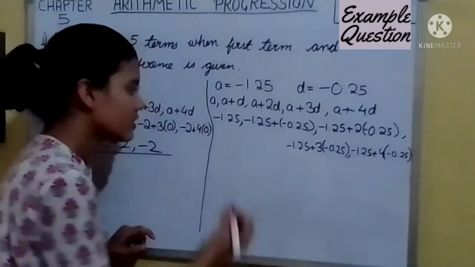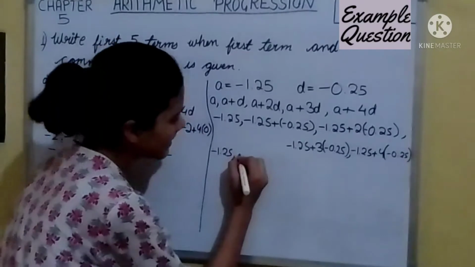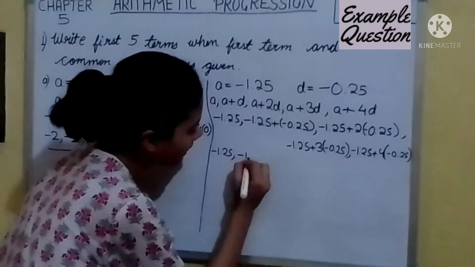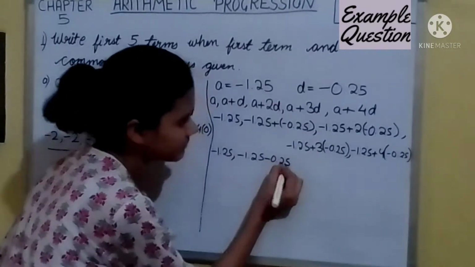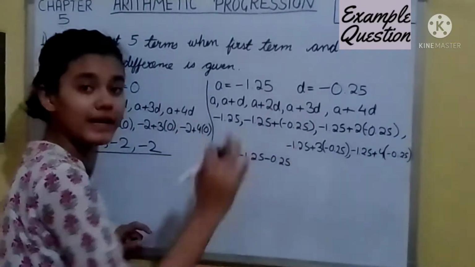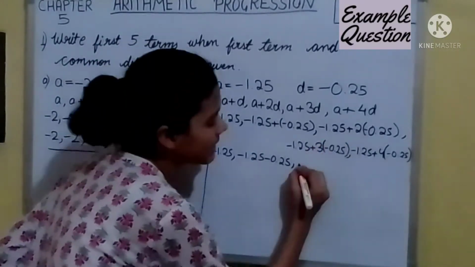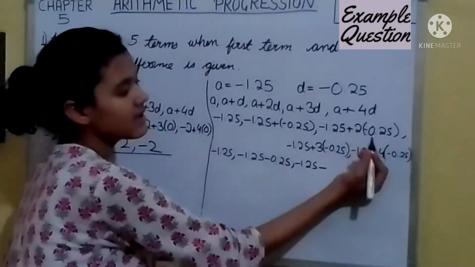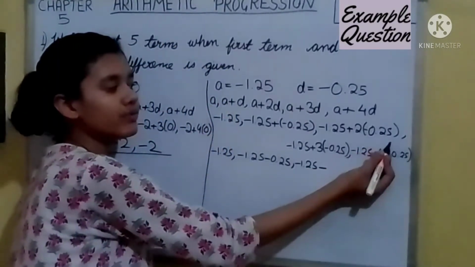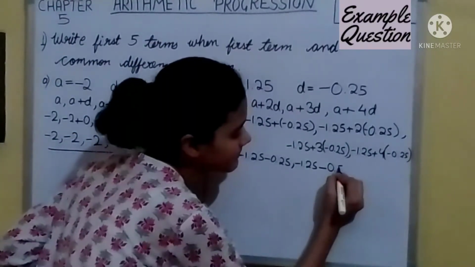Now let's solve. So -1.25, then -1.25 minus 0.25, because plus multiplied by minus is minus. Then -1.25, then minus sign, then 0.25 multiplied by 2 is equal to 0.5,